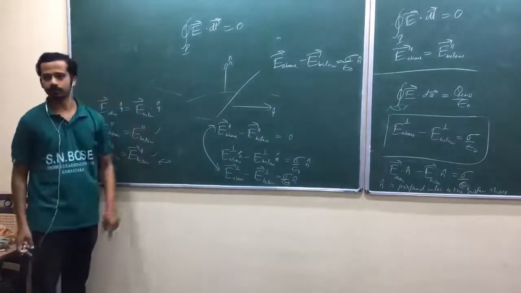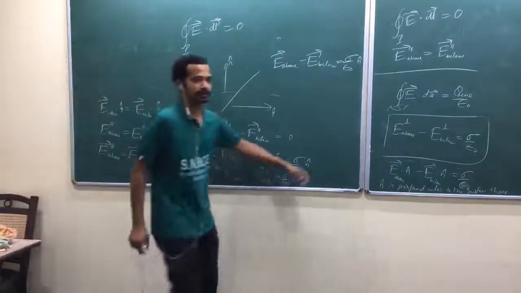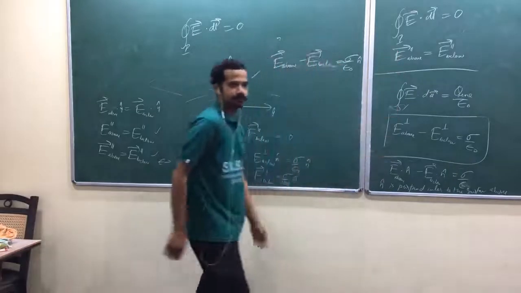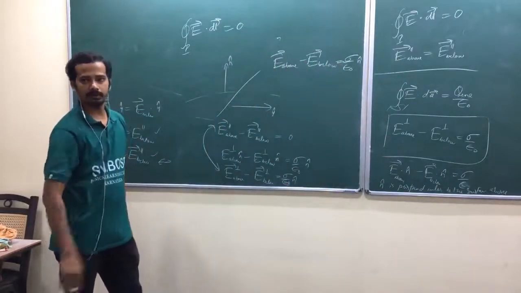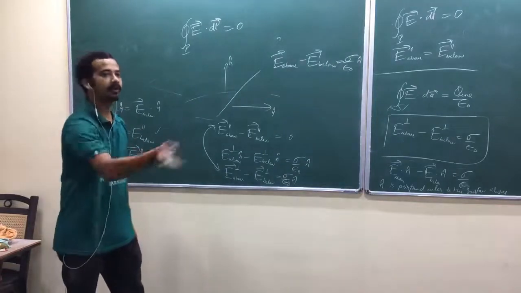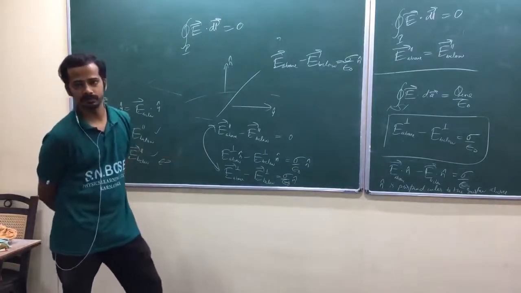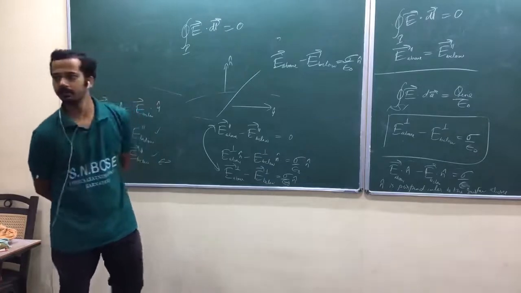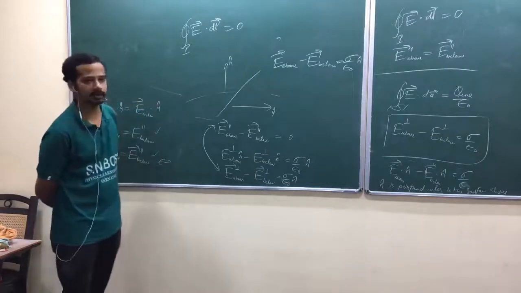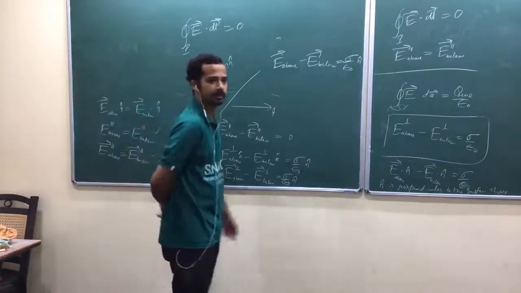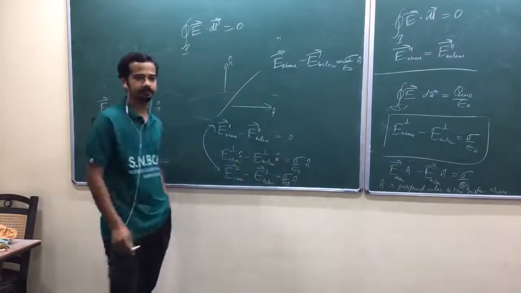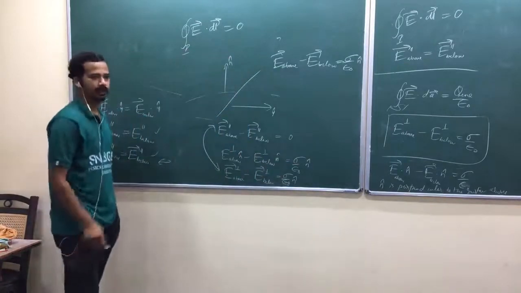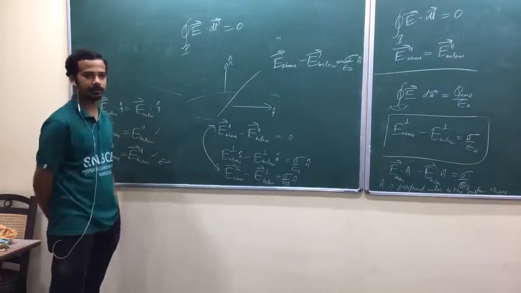This one equation should tell these two conditions. Now you have one vector. Remember, you have many choices of taking the parallel component. That's what I'm saying. Are you getting my point? Only one choice of taking the perpendicular component, am I right? But you have infinitely many choices of taking the parallel component, parallel to the surface. I'm talking about the surface.